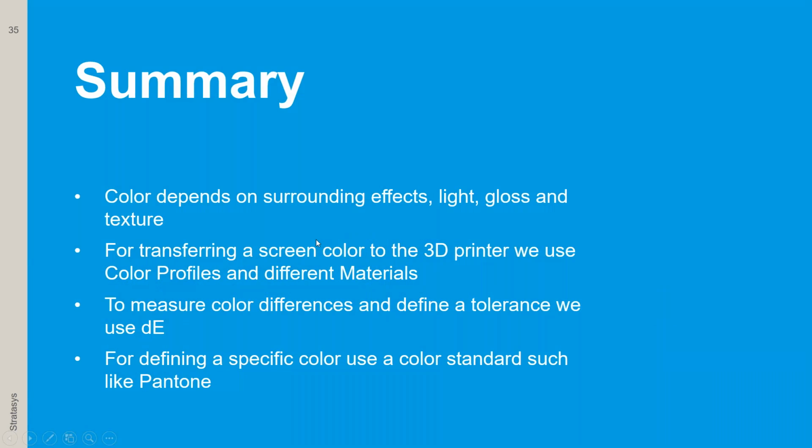So to summarize, color depends on surrounding effects, such like light, gloss, texture, everything around. For transferring a screen color to a 3D printer, we use color profiles and different materials. And of course, different renderings for the different profiles and different materials. To measure color differences and define a tolerance, we use delta E, like the whole design community does. And for defining a specific color,